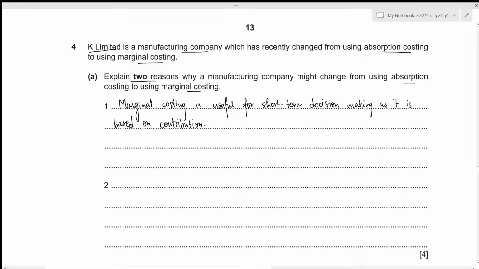The second reason to use marginal costing over absorption costing is that it will avoid any problems regarding overabsorption or underabsorption of overheads because we do not use any overhead absorption rates under marginal costing. Let's write it down. Marginal costing